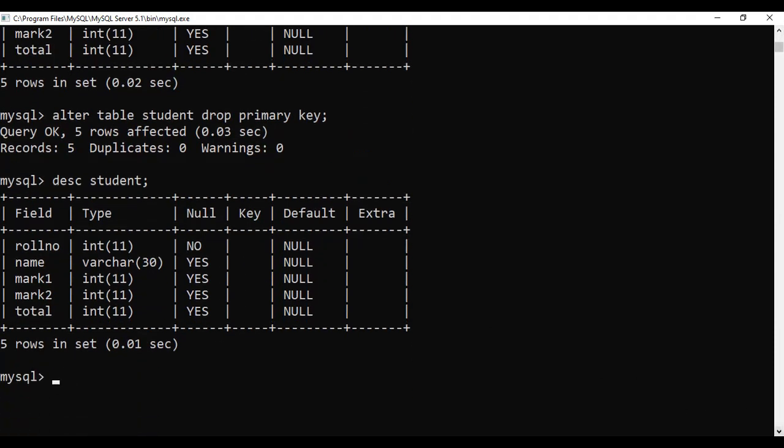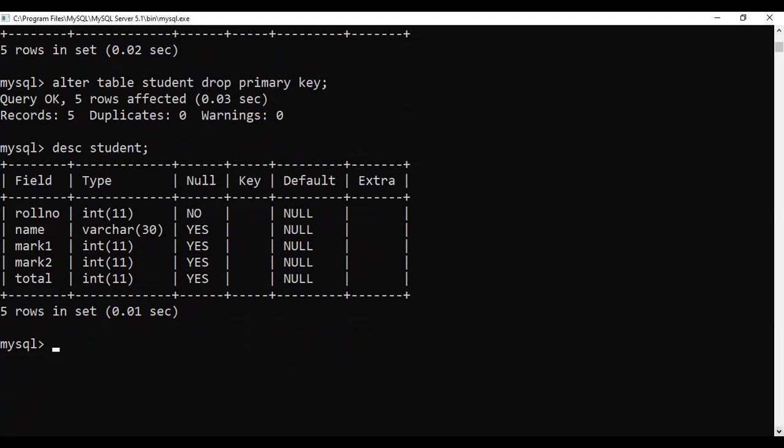Now if I just want to add this as a primary key, what is the syntax? Alter table student, the name of the table we are going to alter. Then add primary key. And you have to specify which column to be added. I want to add it as roll number.